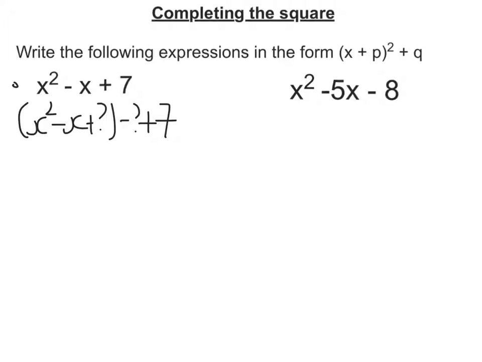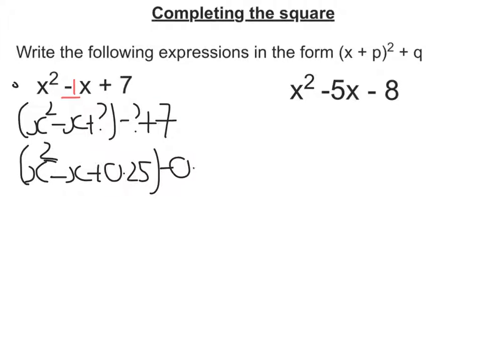Now the question mark is half this number here and squared. Half of -1 is -1/2. Square that is a quarter, or 0.25. So let's replace our question marks. So we're going to have x squared minus x plus 0.25